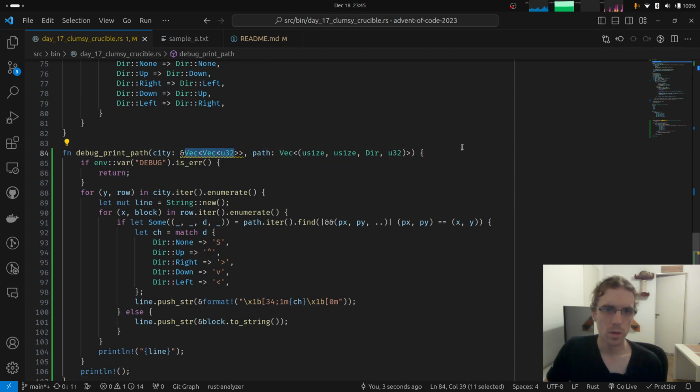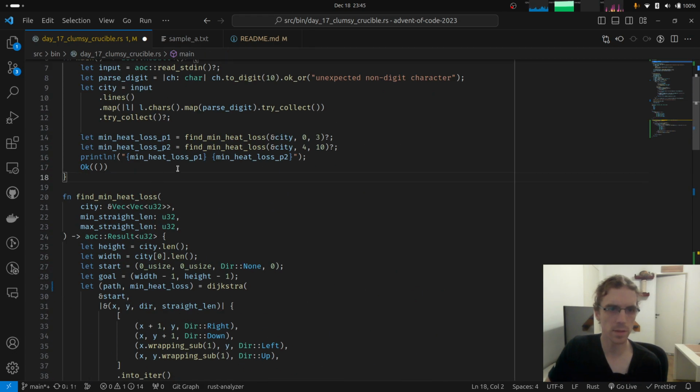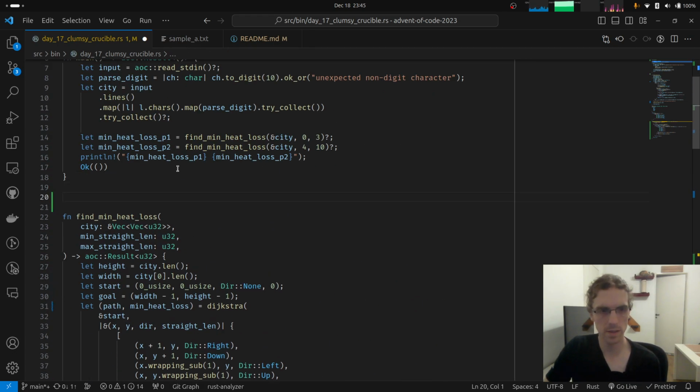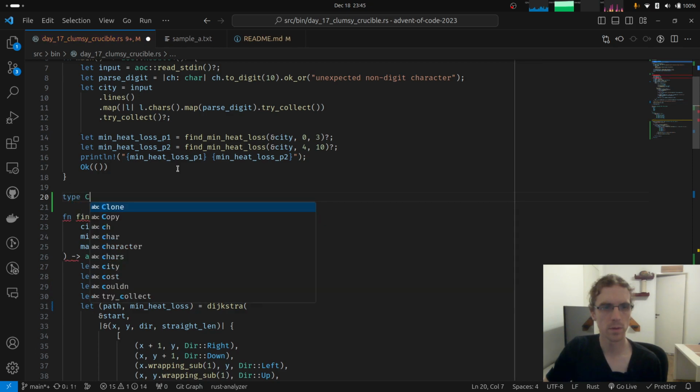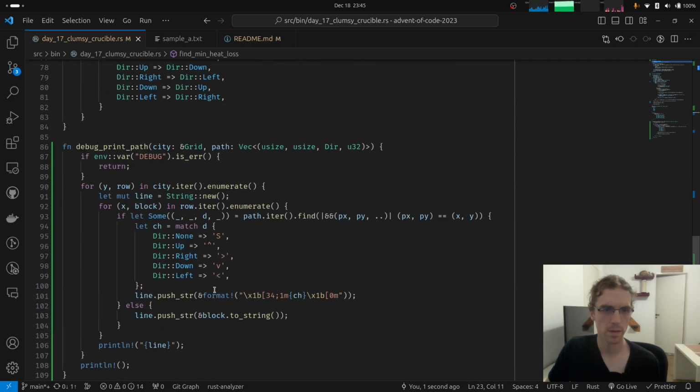City, I probably want to have an alias for this, because I'm using it in a couple of places. So type grid is going to be this, and this is going to take a grid. Sure. And yeah, this code is not too bad. It's not too good either.